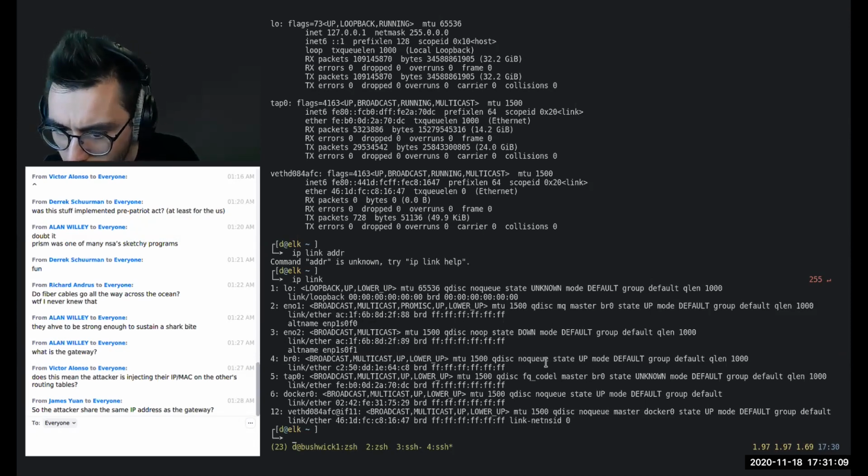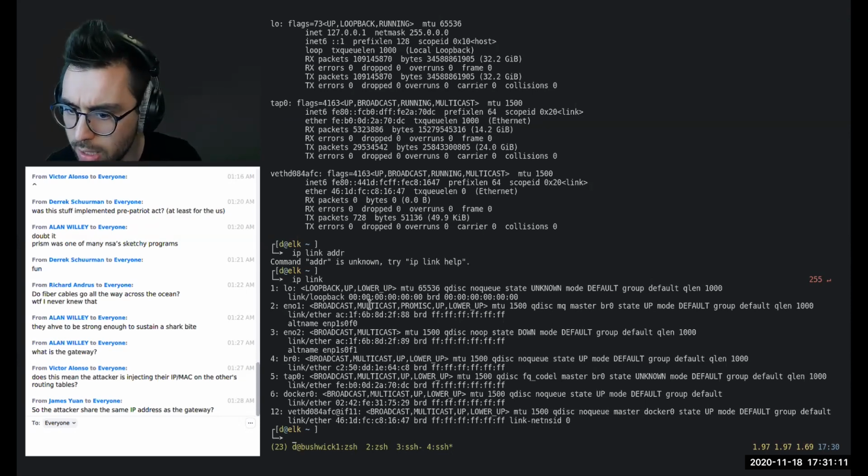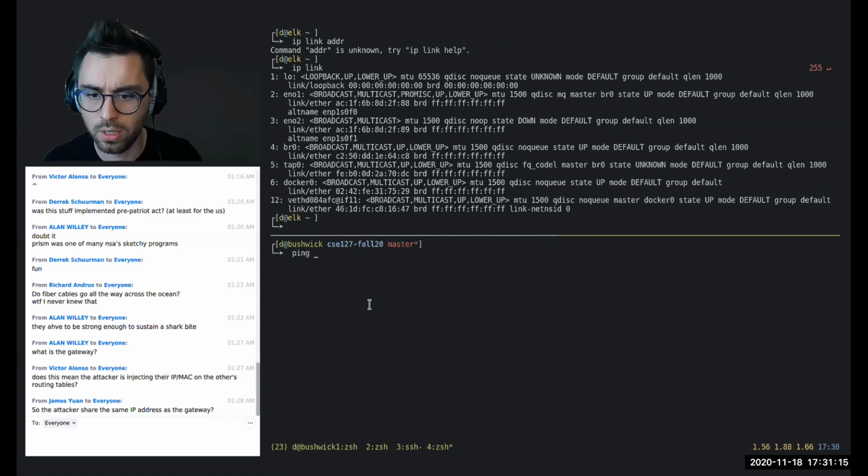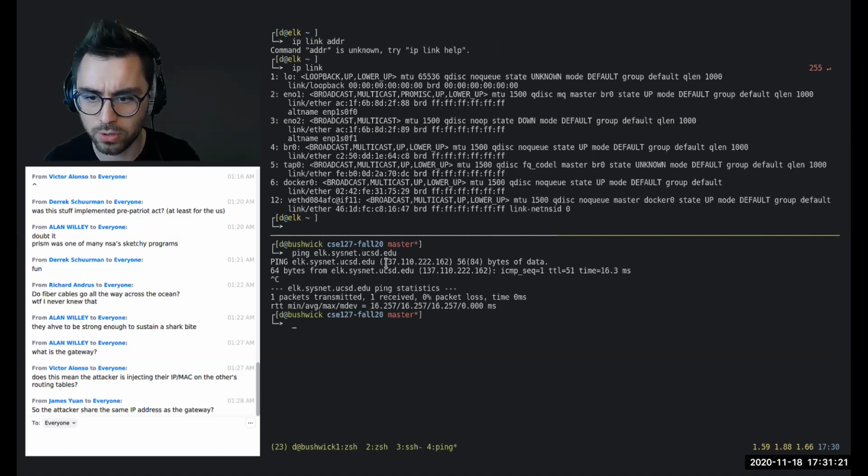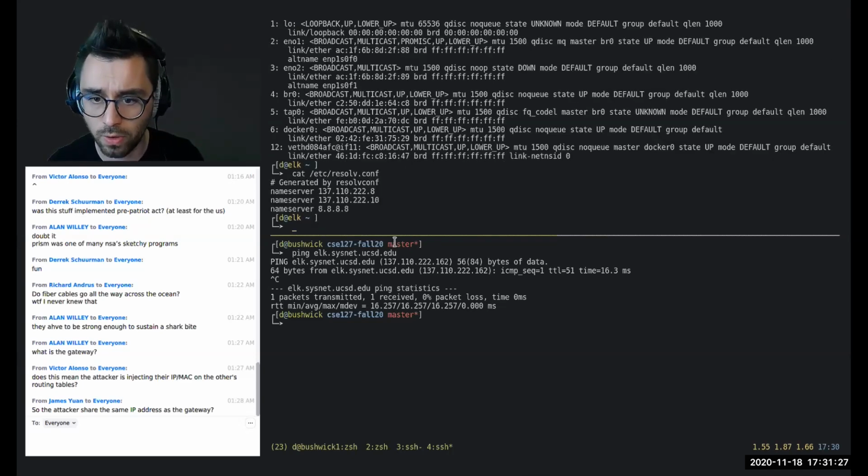This thing should have an IPv4 address, but I'm not seeing it. Maybe one of you is. So elk.sysnet.ucsd.edu, the actual IP address of this machine is this IPv4 thing here. If we look at /etc/resolv.conf, this thing has a name server. And let's see, what is my gateway?